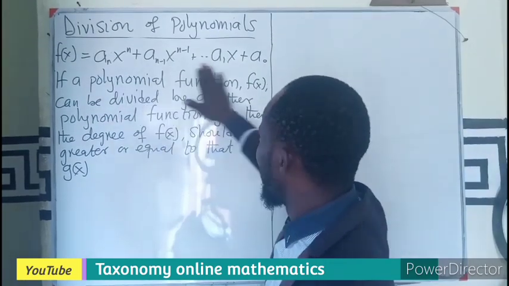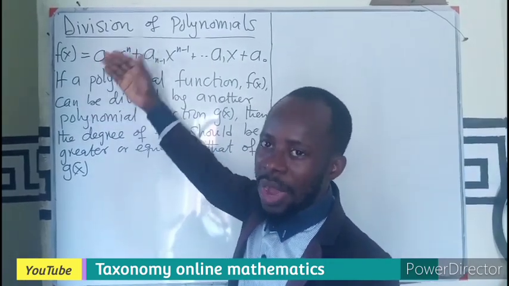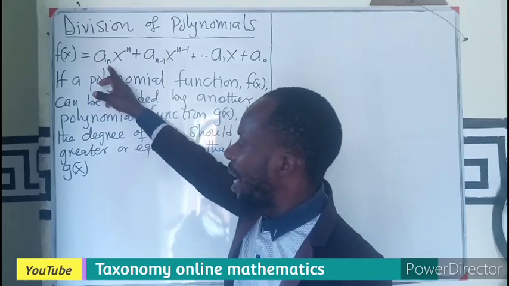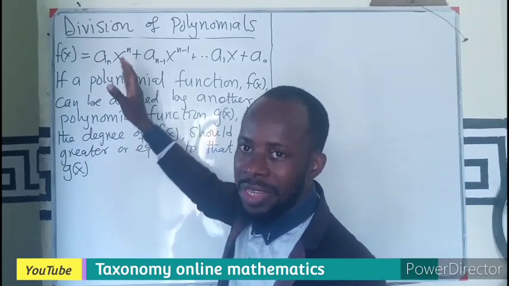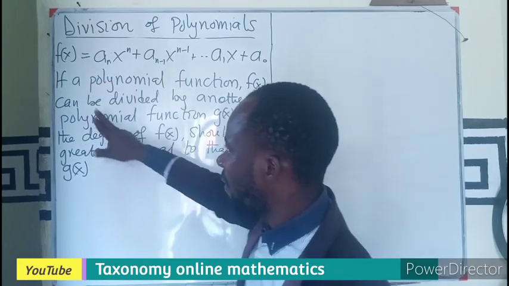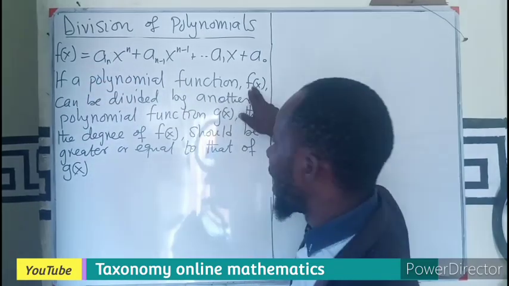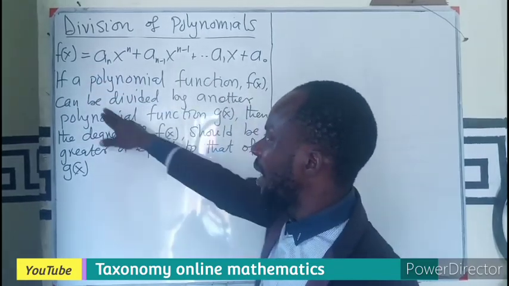So any function that is of this form, where a subscript n is not 0, we call a polynomial function. So we are saying that if a polynomial function f of x in this form can be divided